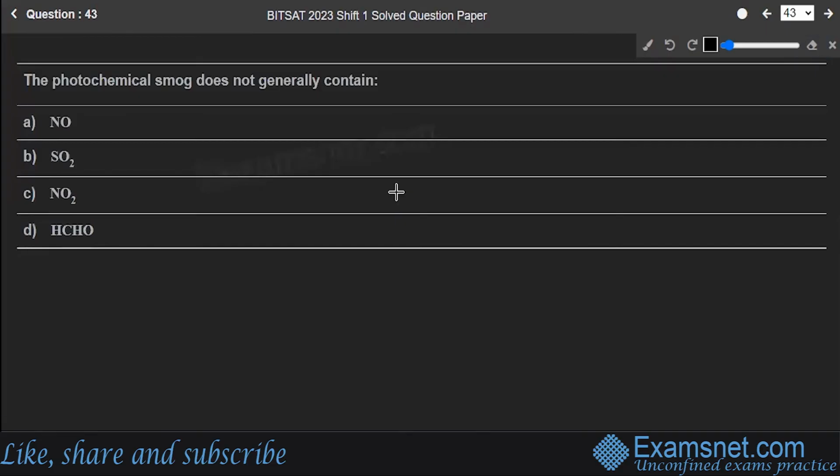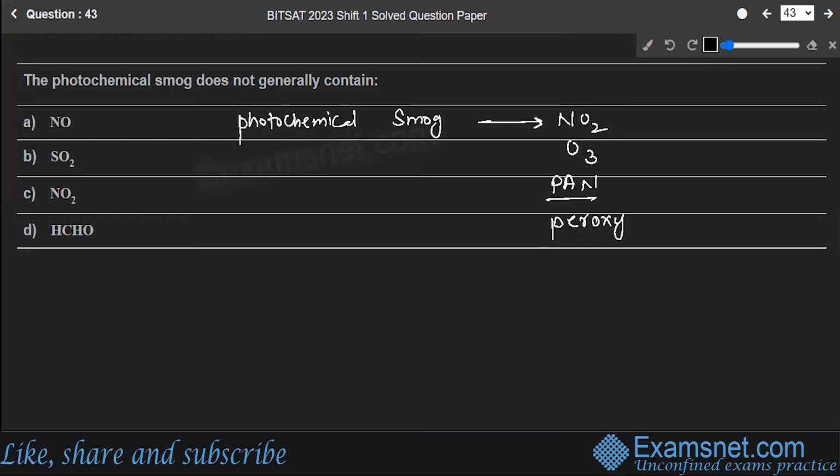See, the photochemical smog contains nitrogen dioxide, ozone, PAN, that is peroxyacetyl nitrate, and compounds containing CHO group. It does not generally contain